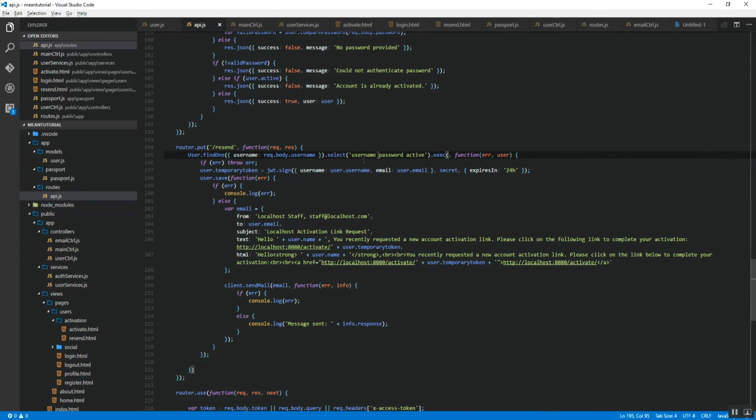Sorry, I forgot about that. And then we'll just change this. We don't need any of these. We'll need username. We'll need name. We'll need email. And then we'll need temporary token. Okay, so go ahead and hit save on that and copy this and then go into your services, and we're